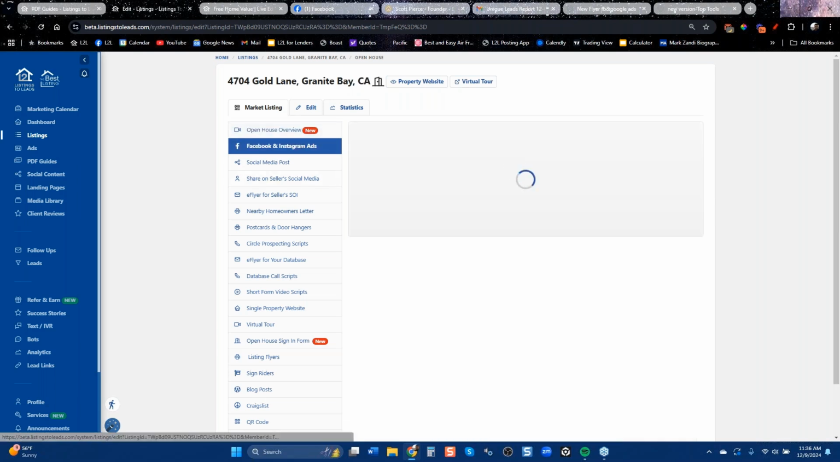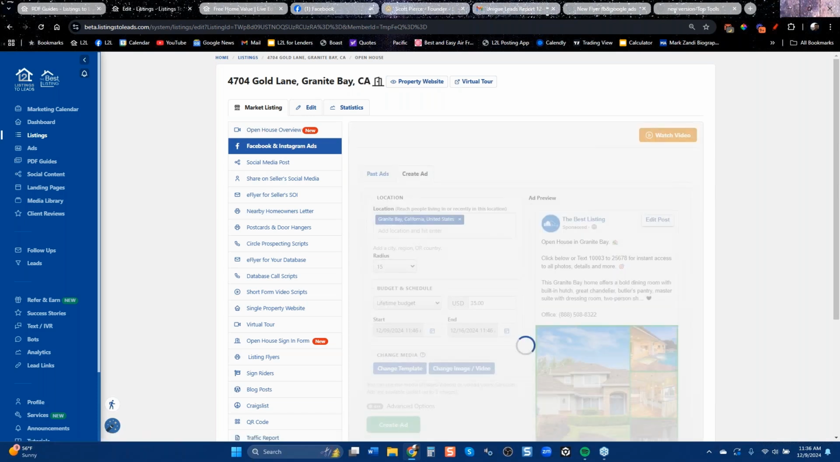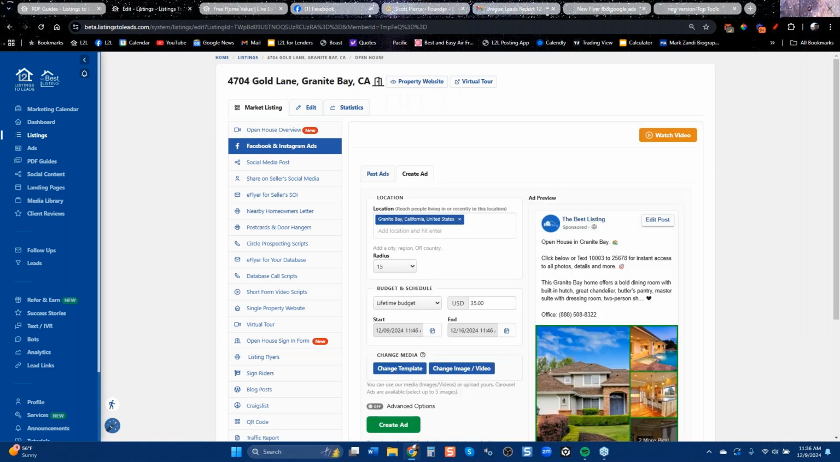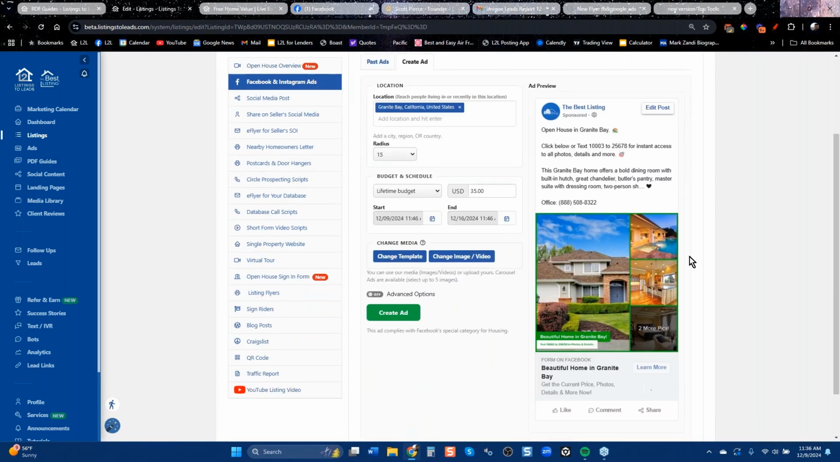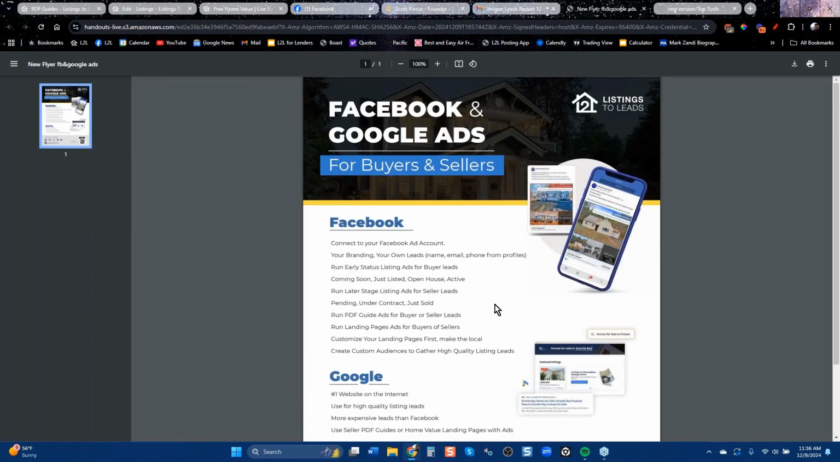So here's Facebook. You just click on Facebook and Instagram ad. When we talked earlier, part of the setup is you connect your Facebook ad account. So it's not going to say sponsored by the company. It's going to be sponsored by your business page and everything's pre-written. All you have to do is click create ad. Now, there is a little bit more to that, right? That's why I want you to print this and watch on our YouTube channel the